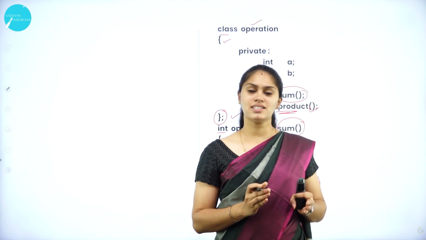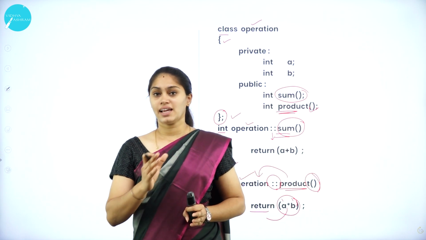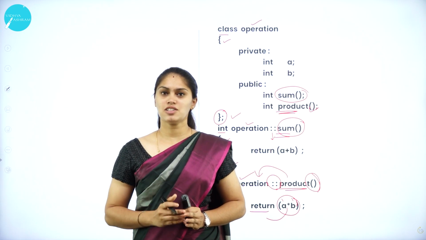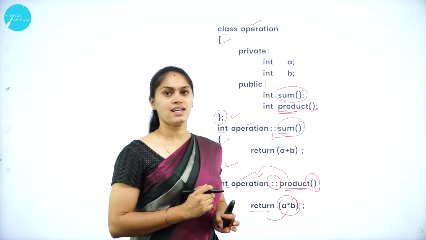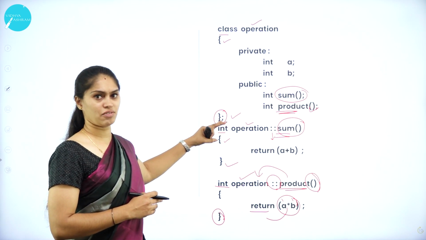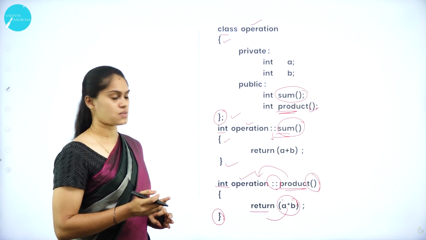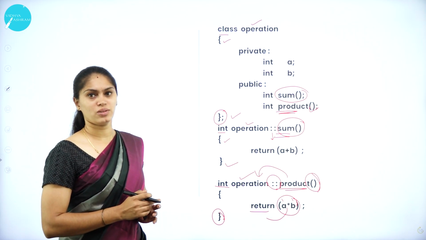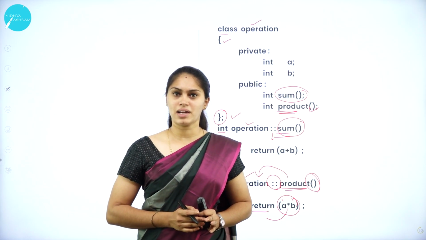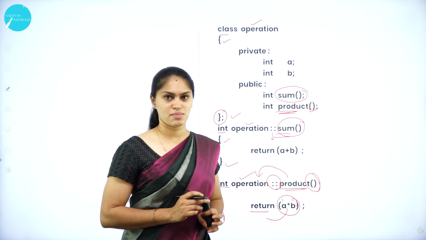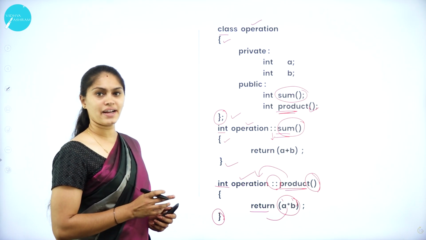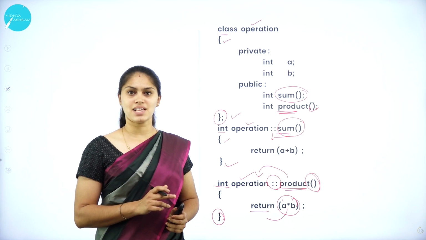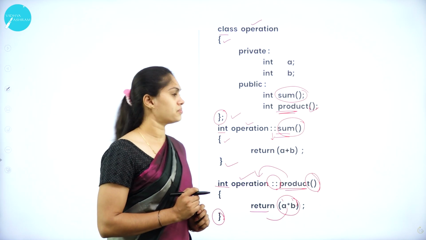First create a class and then declare the data members and declare the member functions which are to be defined outside the class. Then end the scope of the class and come out of the class, then follow the syntax for defining the member function outside the class. So return type, class name, scope resolution operator, that must be followed by the function name, and if there are any parameters or arguments you need to specify them. It's all regarding member functions which can be declared or defined within the class and outside the class scope.